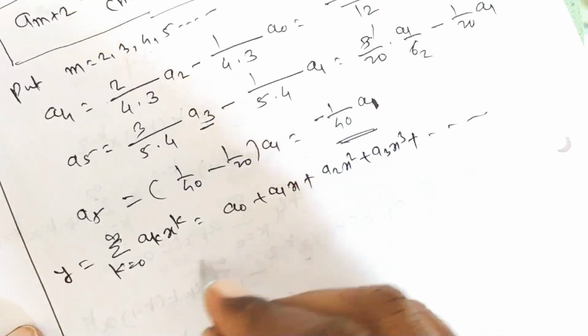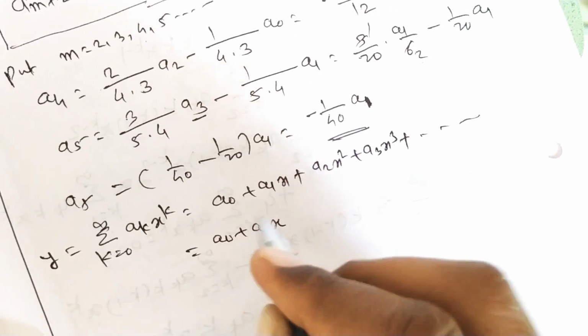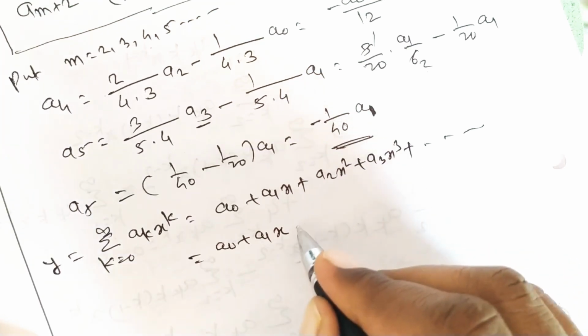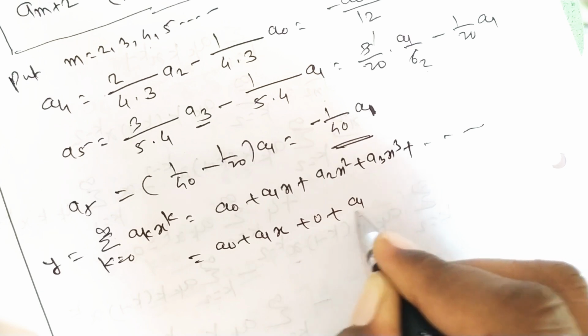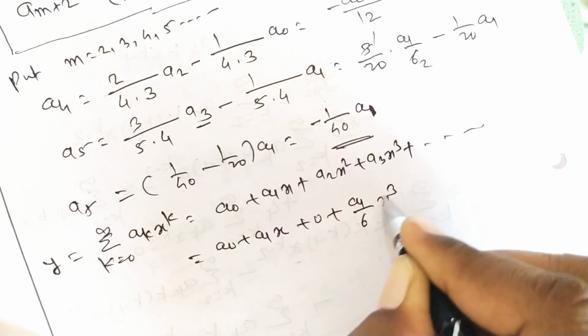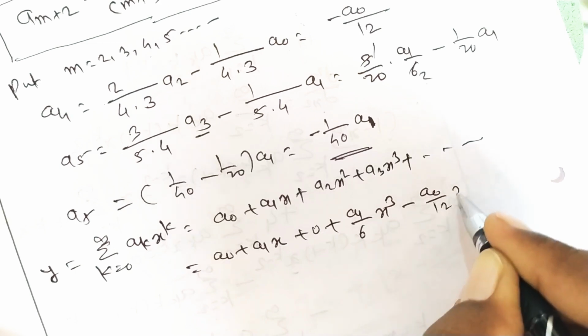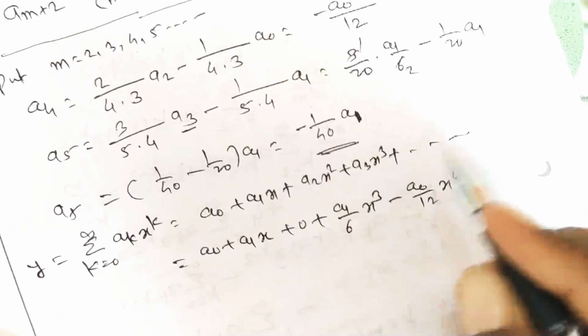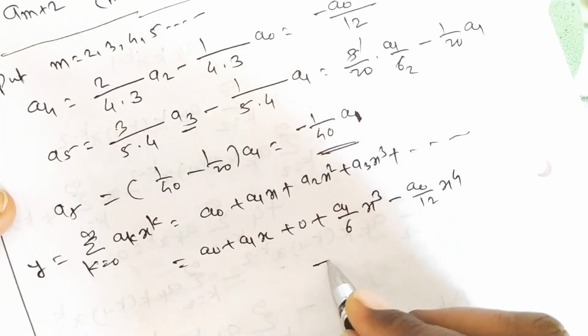So keep a0 and a1 as it is, that is a0 plus a1x, and put the remaining constants. So a2 is 0 plus a3 is a1 upon 6 into x cube plus a4 is minus a0 upon 12 into x raised to 4 plus a5 is